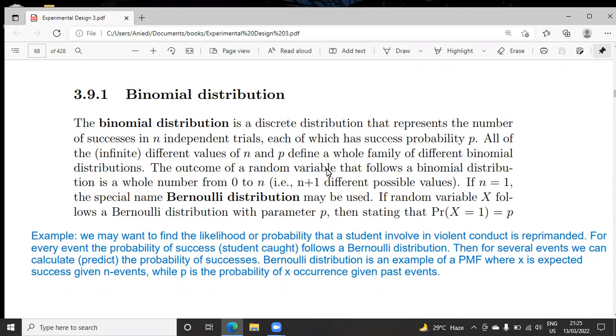For example, you may want to find the likelihood or probability that a student involved in violent conduct is reprimanded. Remember yesterday, we talked about conducting a research to know